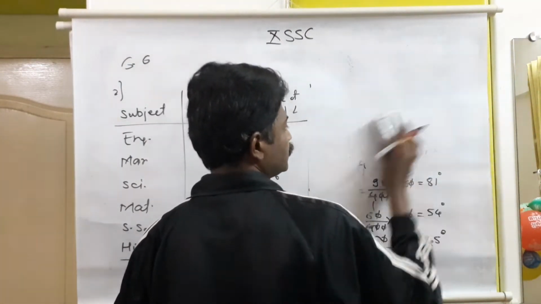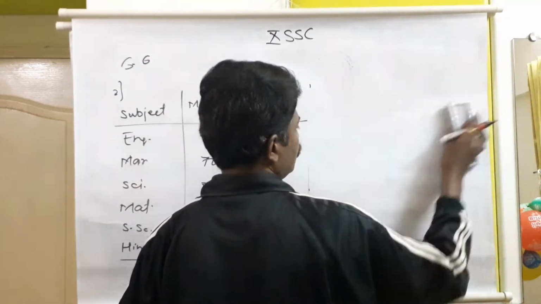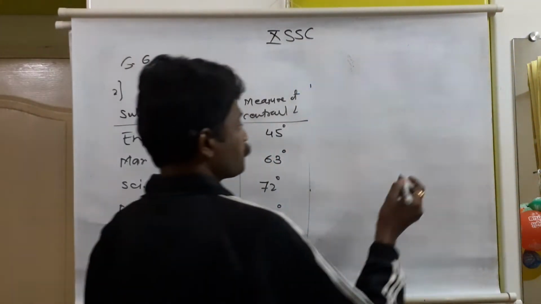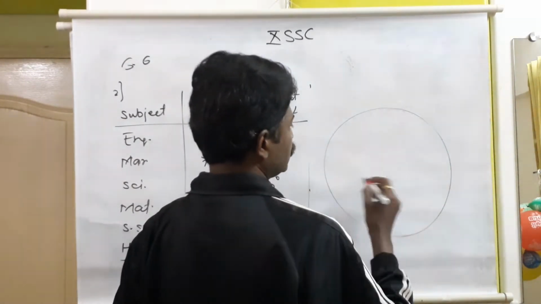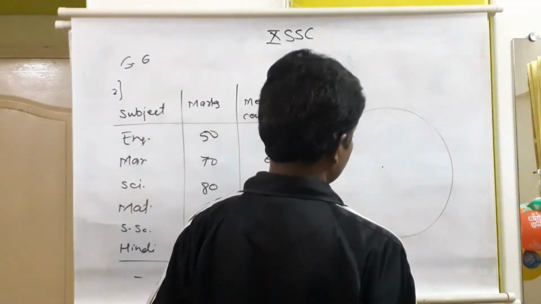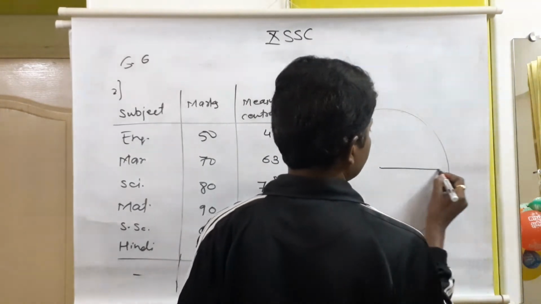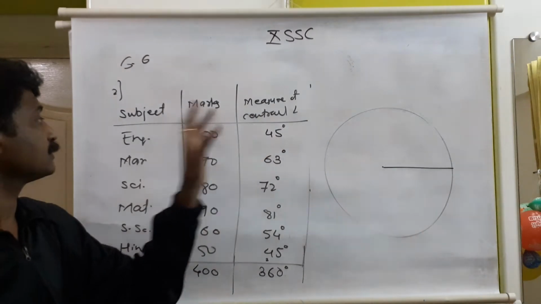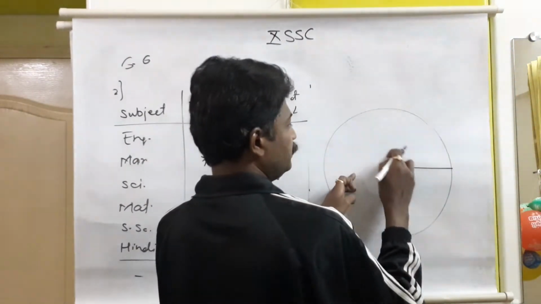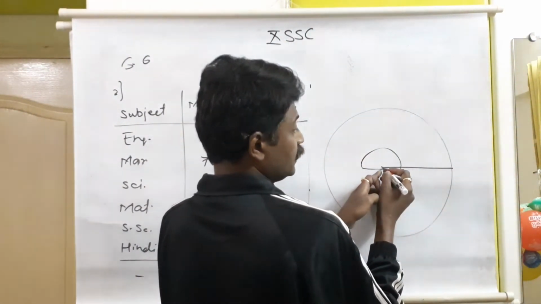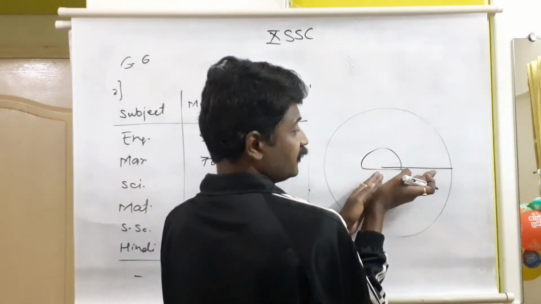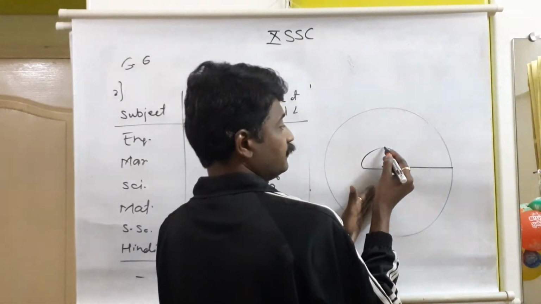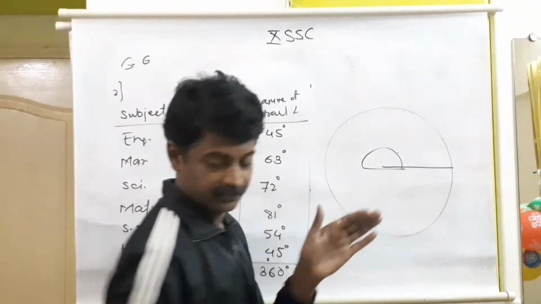So the calculation part I will draw. Let us draw a pie diagram with the help of central angles. Okay, so this will be a suitable circle with a suitable radius, then show one radius. Now the first central angle is 45 degree for the subject English. So our D will be here, so D will come in this way. Center, radius, another end of the radius is this side, so start with this 0, not with this 0. So 0 to 90 here, 45 will be half of 90, so it will come here.